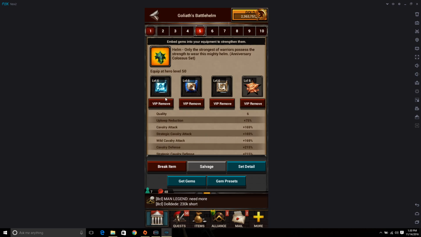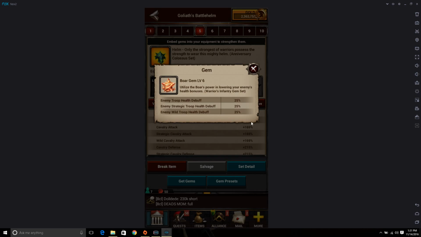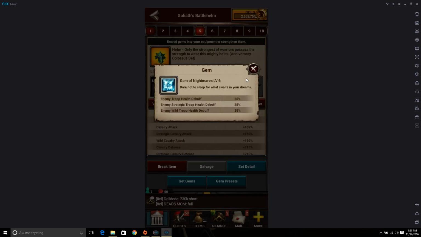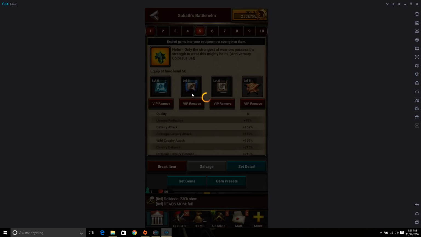Alright, so health debuff is going to help you kill it the best. Attack debuff will help you some. It's not going to take away enough to actually change a whole lot, but if you don't have enough health gems, throw some attack debuff in there, and then defense debuff last. So I ran out of gems, and I've got 2 health gems in here, health debuff gems. You got the Boar gem, Gem of Nightmares, Voyager's gem for defense debuff, and whoops,